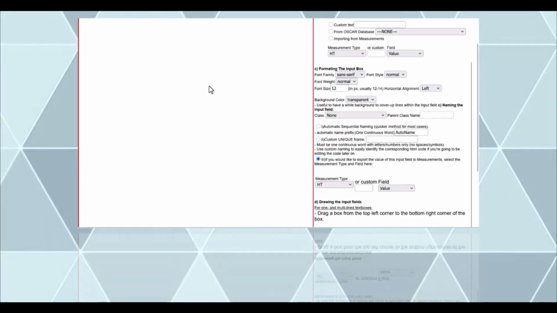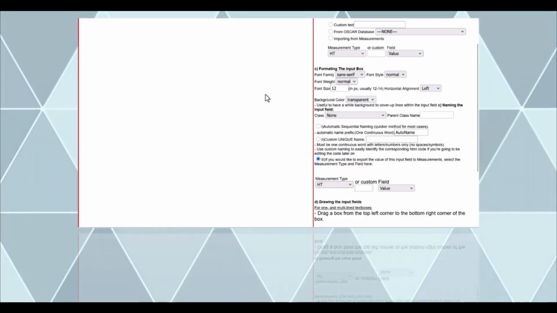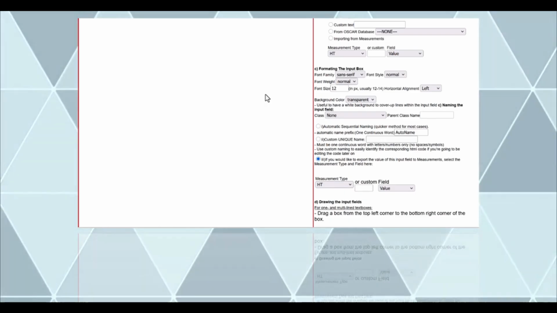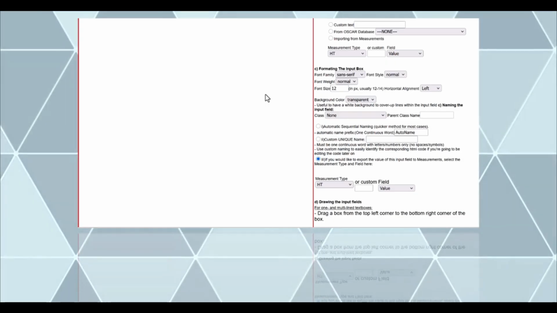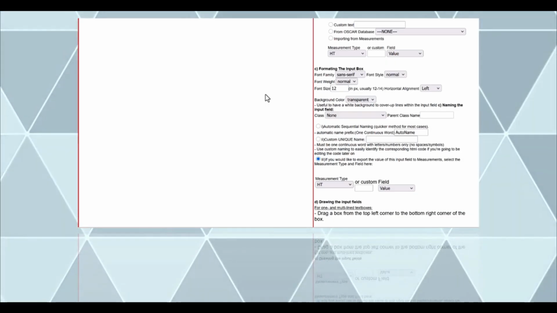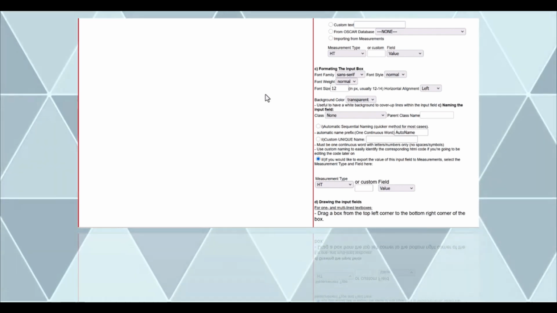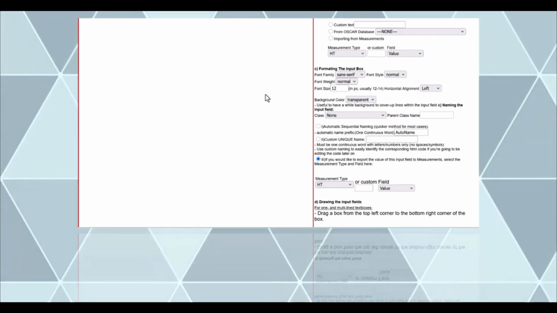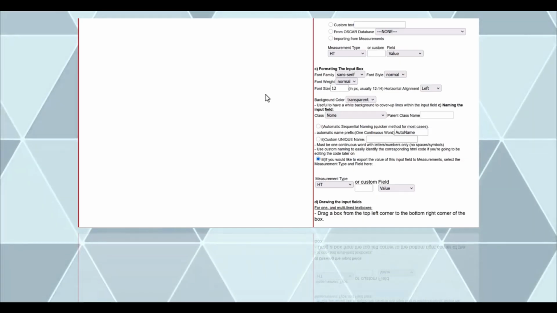Once we've selected both of those things, if we go into the eForm and we were to draw an input in the eForm, that would create an input that both pulled the measurement from the patient's chart and also pushed it back into the patient's chart. That's the end of what I wanted to talk about with the eForm generator. Now we're going to go past that,